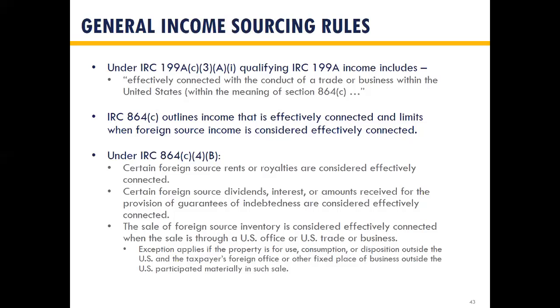And that says that if you have a US trade or business, even though the income would be considered foreign source, it would still be considered effectively connected income if the sale is through that US trade or business. So jumping back to my French example, maybe the general rule is if that French company sold product to Canadian customers, and if that's considered foreign source, then generally that would not be considered effectively connected with a US trade